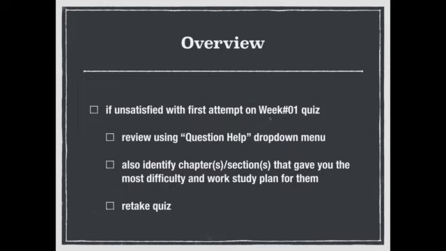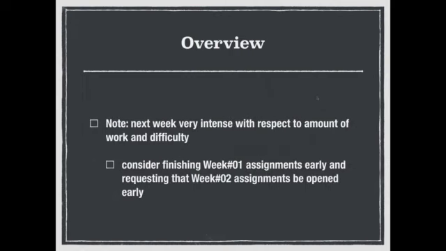Also, I recommend that when you go through the questions you got wrong, you look for a particular pattern. For example, if in week 1 you notice that most of the questions you got wrong were for Chapter 2, then go and work the study plan that's available in my Econ Lab for that chapter. Or if you notice that they were all in one chapter and a particular section, just work that particular section of the chapter that you're having difficulty with. After you finish that, you can retake the quiz, and whichever of the 2 attempts is highest will count towards your grade.